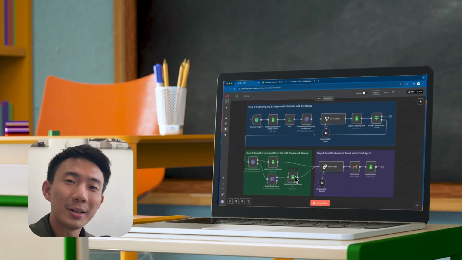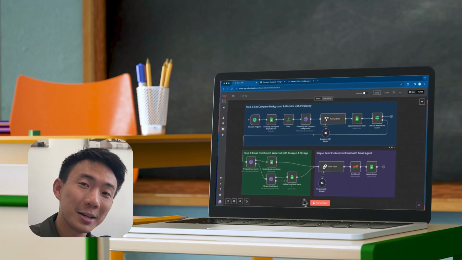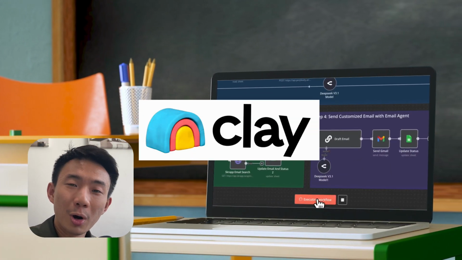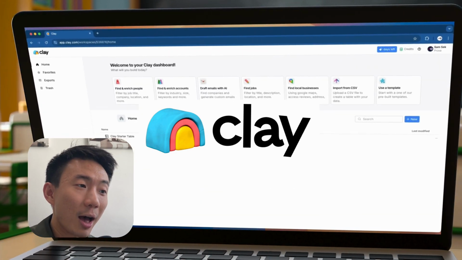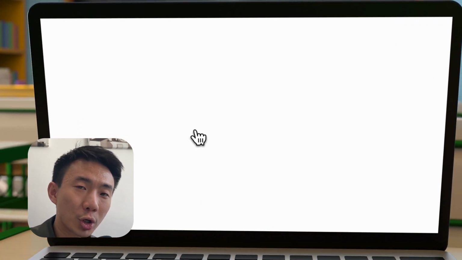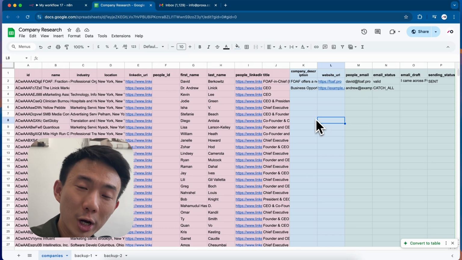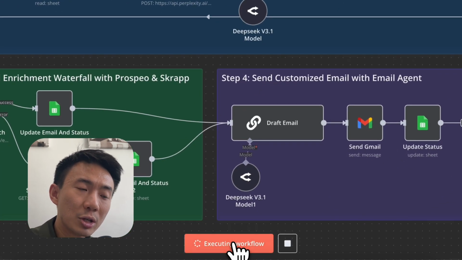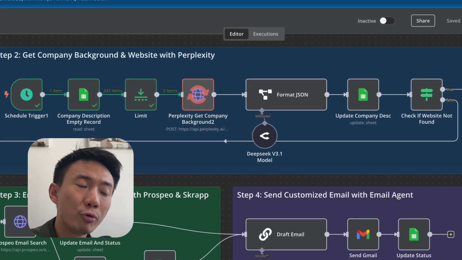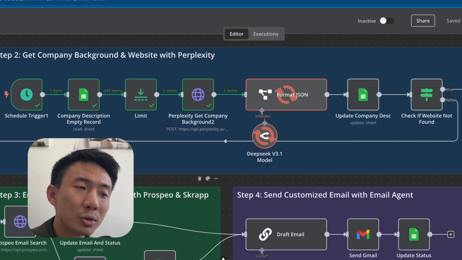I've just built this lead gen AI system to replace Clay. Similar to Clay's spreadsheet-like UI and enrichment capabilities, I've rebuilt a simplified version on n8n with Google Spreadsheet, and I'm going to share this template for free. This system streamlines the lead generation process, automating tasks from prospecting to email enrichment, making it easier to scale your